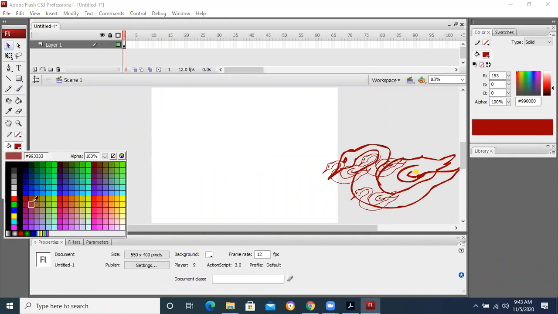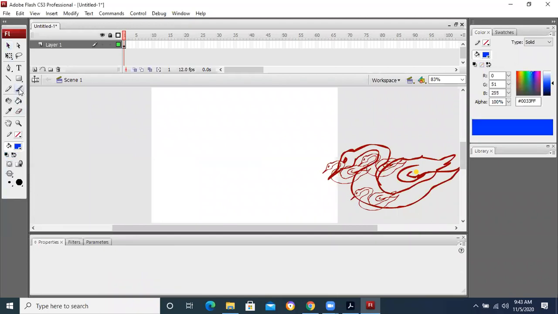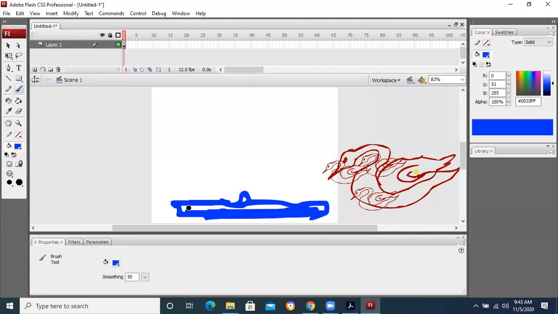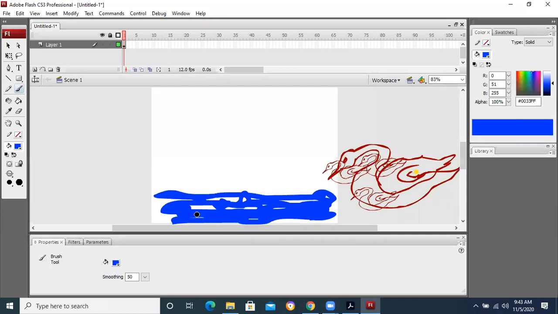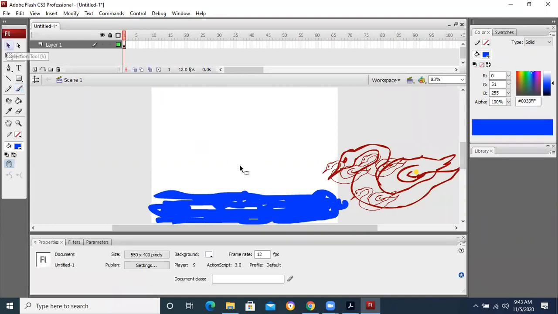Take blue color from here, take the brush tool, take some shape, the oval shape is I think better, and draw an effect like water. If you want to make this a single object, how are you going to do it?